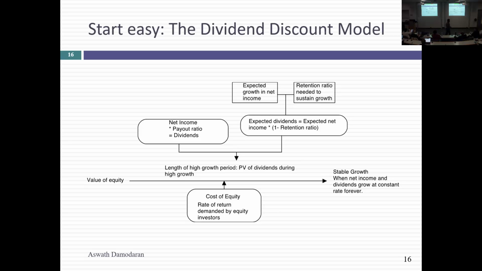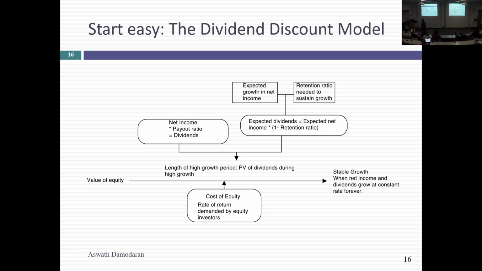At some point in time in the future, I stop and I say, I want closure. I take the value of dividends beyond that, that becomes my terminal value. I discount them all back to today at the cost of equity. I get the value of equity today. The present value is the value of equity. So dividend discount model, essentially my focus is on forecasting future dividends, putting closure on a terminal value, discounting it